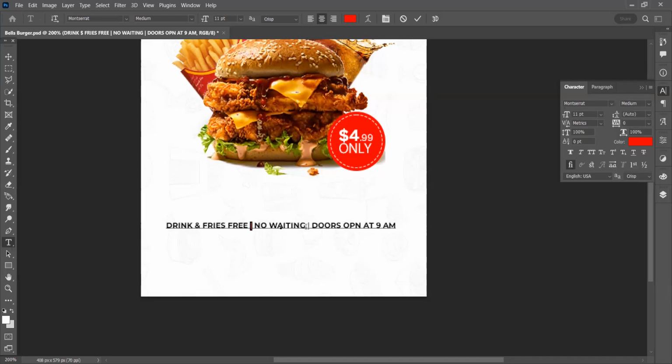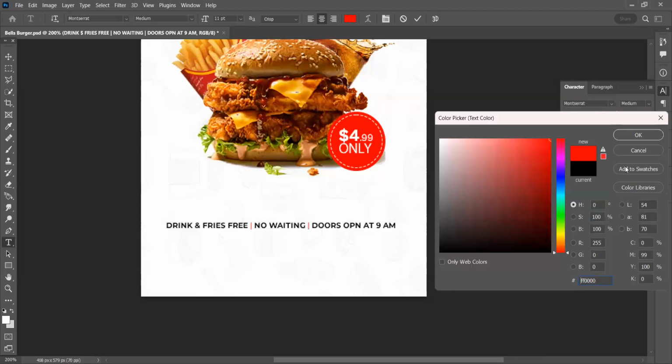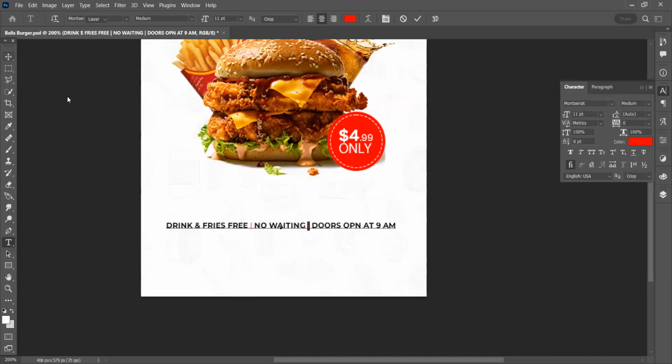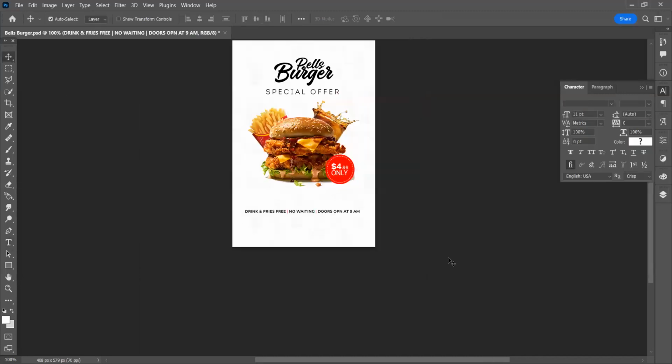So this makes more sense compared to what we have in the shop. Instead of having it black, let's make it red like it's here. So now it shows that it's a divider.